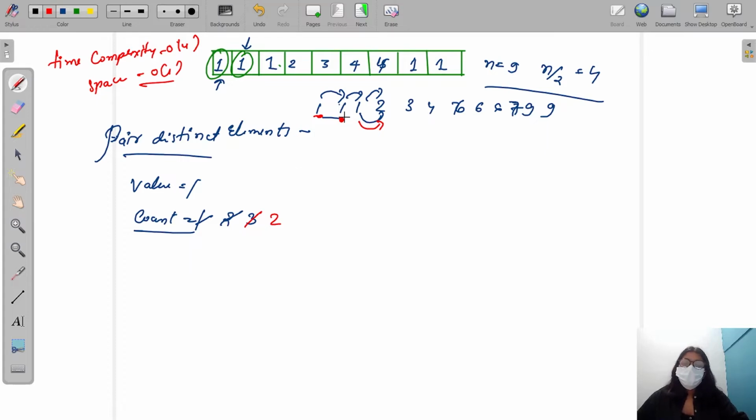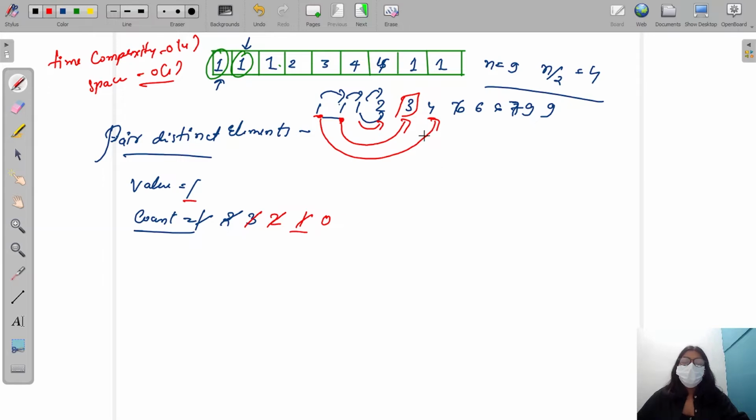Now I again check. Now again my value is equal to 1 only, because I have not modified my value. I'm just increasing my count. Now I again found another AR of IDX which is not equal to my value. So I will pair this 1 with this 3 and decrease my count to 1, because only one remains unpaired. Now I again look, is it equal to my value? It's not equal to my 1, so I am again going to pair this with this 4. So my count now becomes equal to 0.